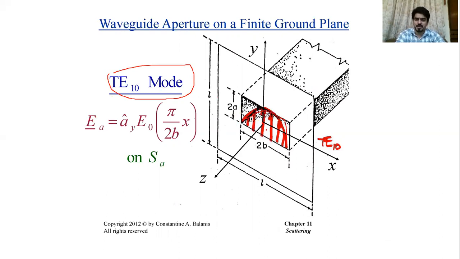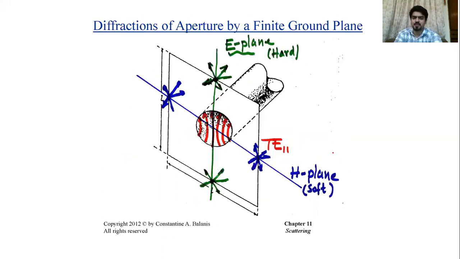Again, if you remember, here E fields are parallel to these edges, so diffracted fields are not that pronounced in that direction. However, they will be pronounced in this direction along these edges. So in the vertical plane, you will have stronger diffracted fields compared to the horizontal plane, right? For this kind of geometry, we have gone through that.